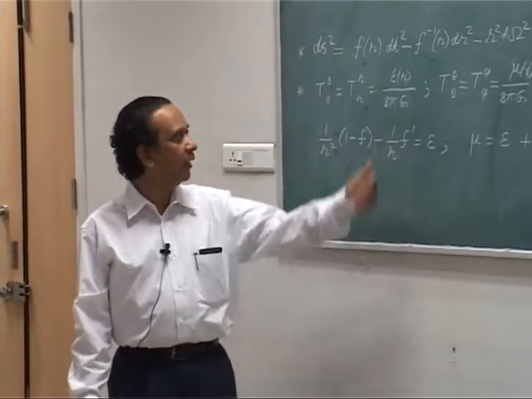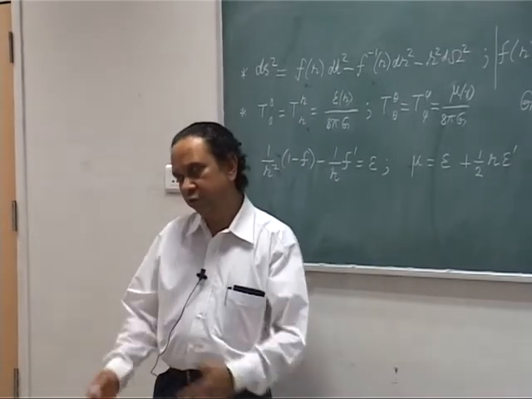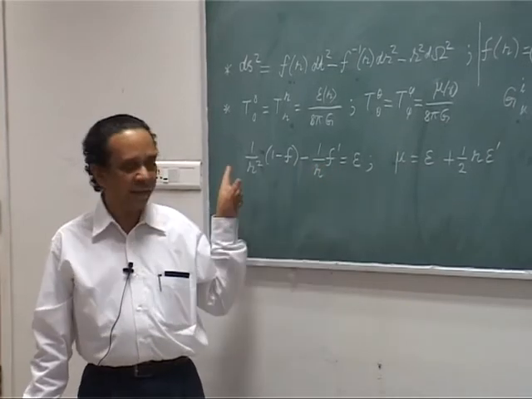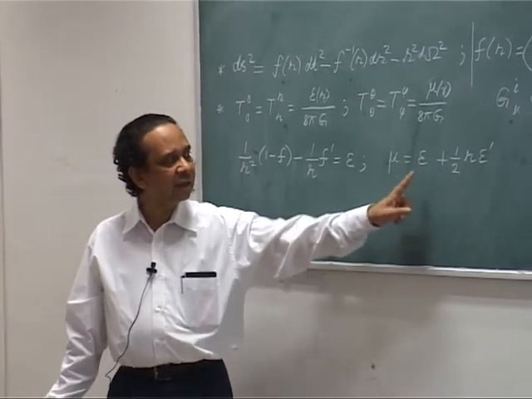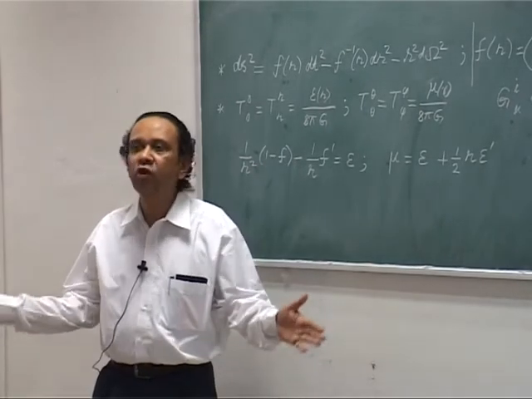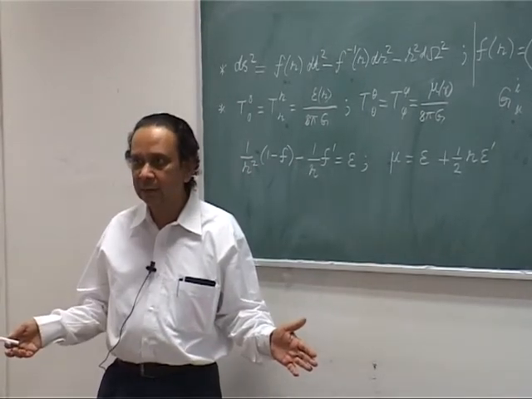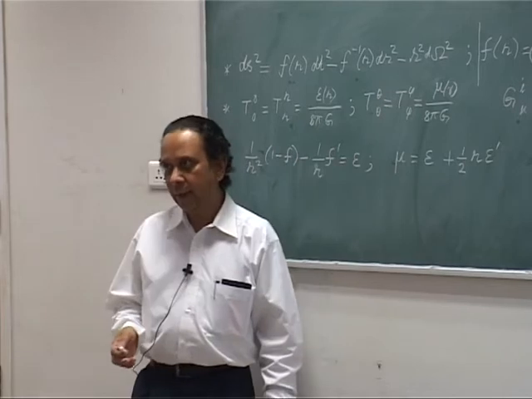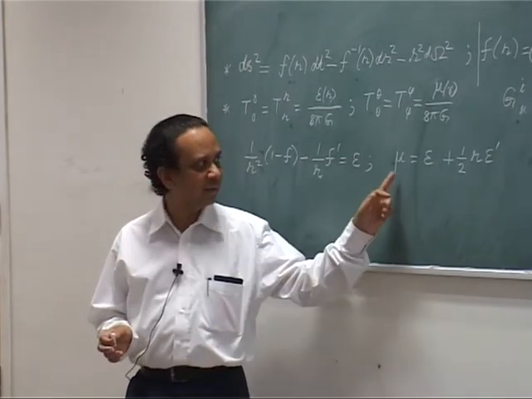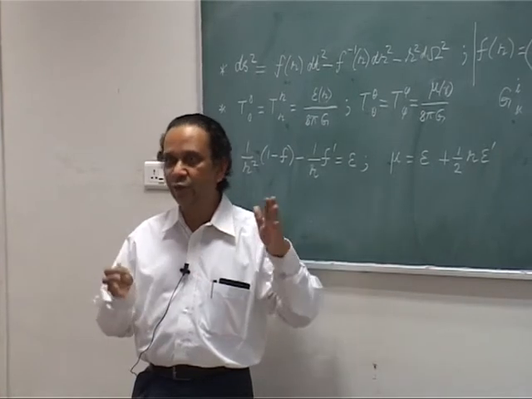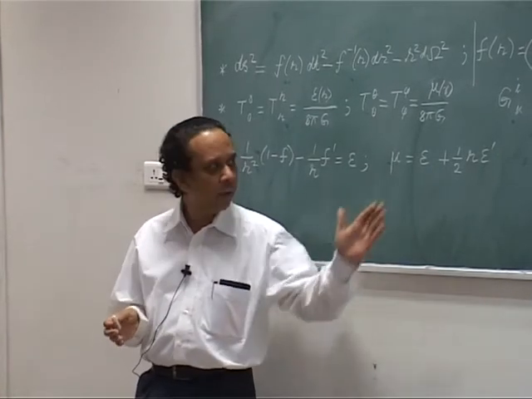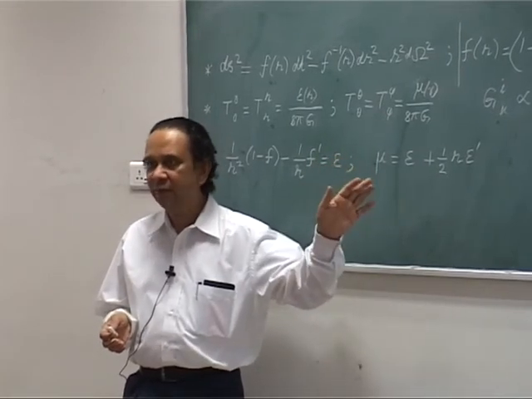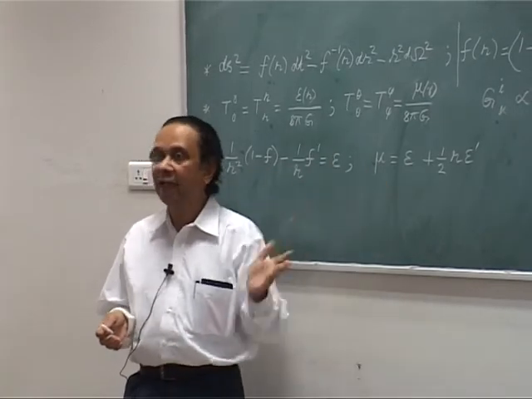What it means is you choose for me any epsilon of r you like, I will plug it into this, I will solve for f, then I will plug it into this, I will determine mu, then I have a solution. So if you give me any function mu of r, epsilon of r, I can have this solution. Now half the time this will have some weird behavior, this will go negative or some such thing. We do not want such bad things to happen. So you cannot arbitrarily choose anything and get away with it, but if you can choose sensible functions and it does give you a solution, then you are through.